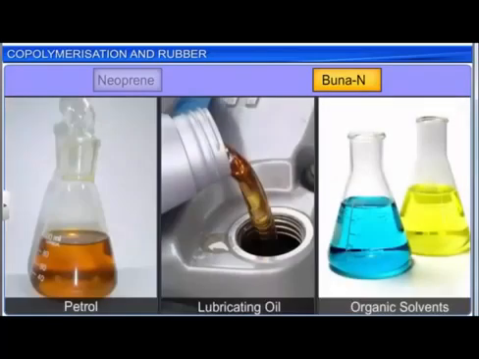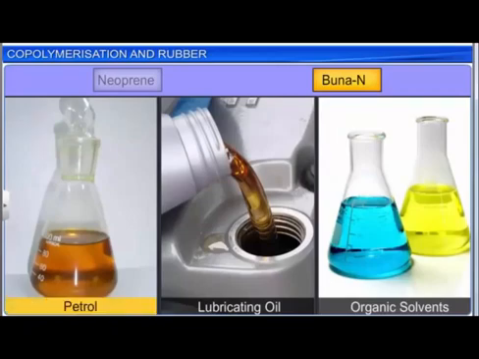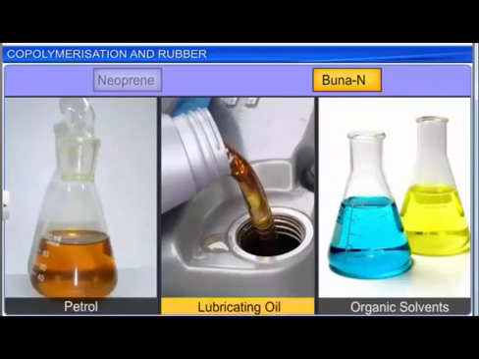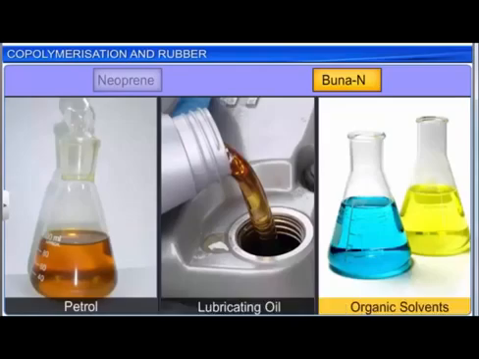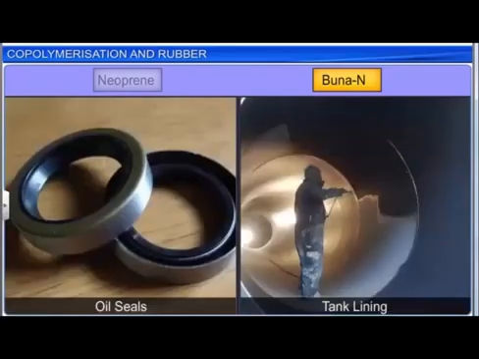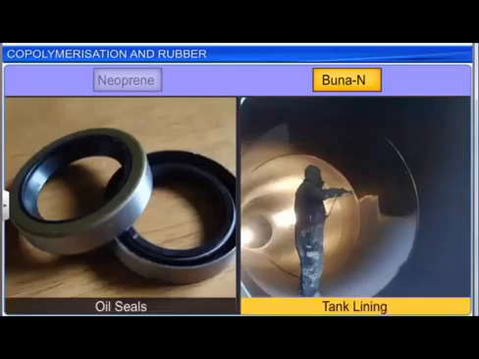Buna-N or nitrile is resistant to petrol, lubricating oil and organic solvents. It can be used over a wide temperature range, and so it has many applications in automobiles. Buna-N is used to make oil seals and tank linings. Non-latex